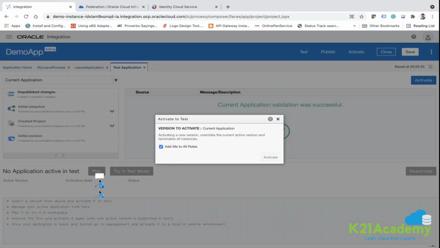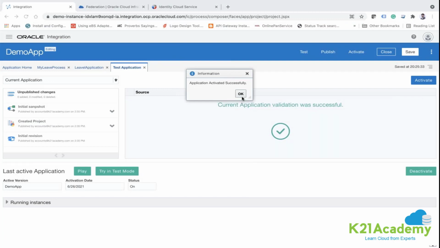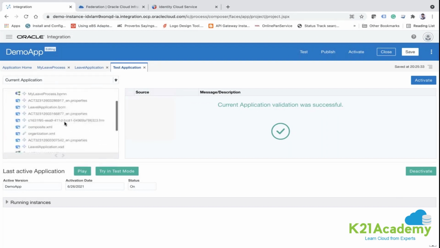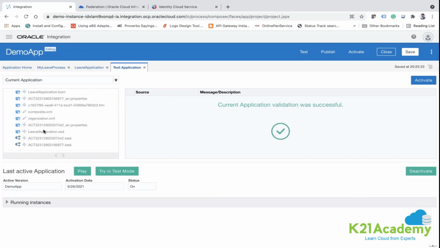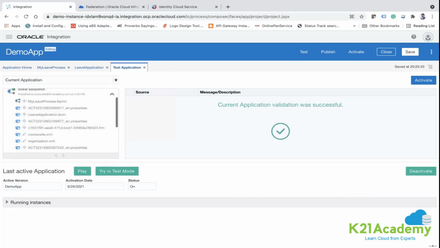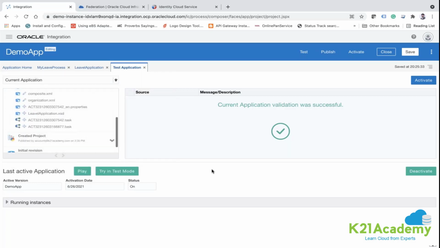Now the play button will only be enabled if you have activated your workflow. Activated, and here you see the initial snapshot. If you expand it, you can see in this snapshot what all files have been created and modified. Fine. Now click on this play